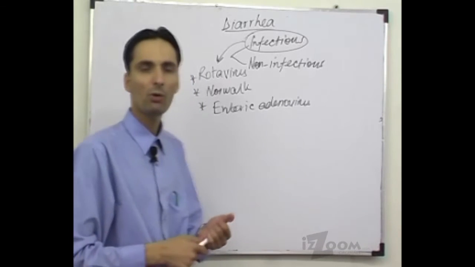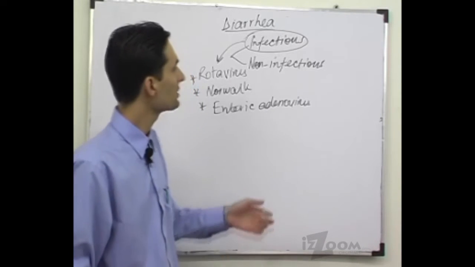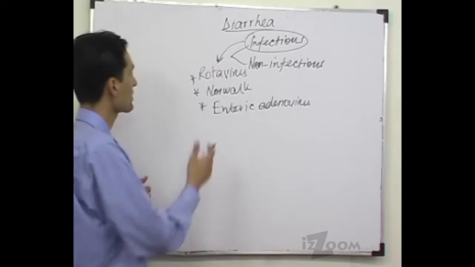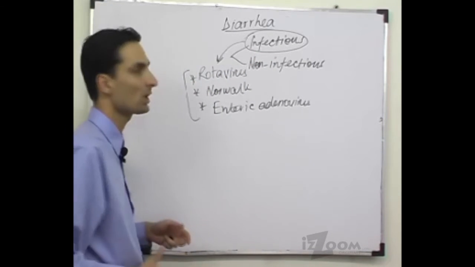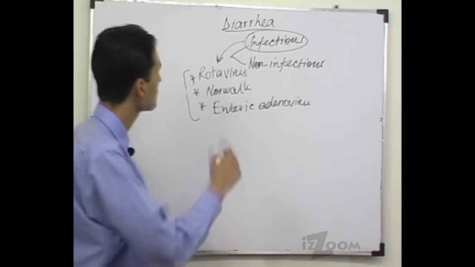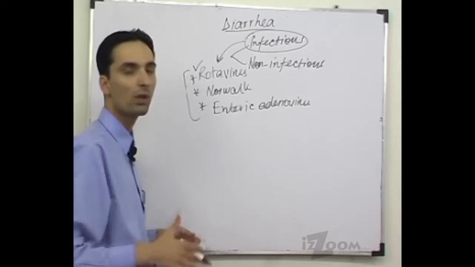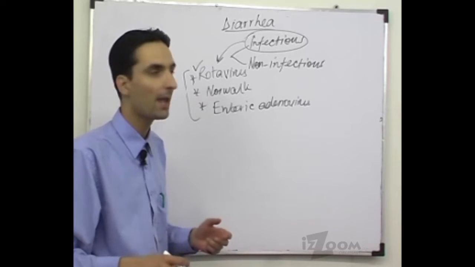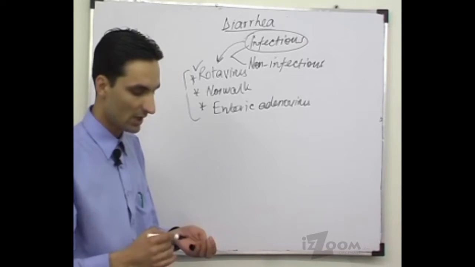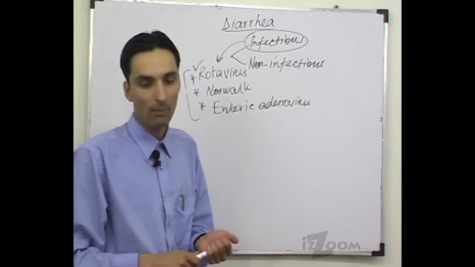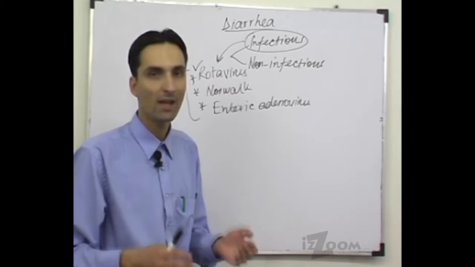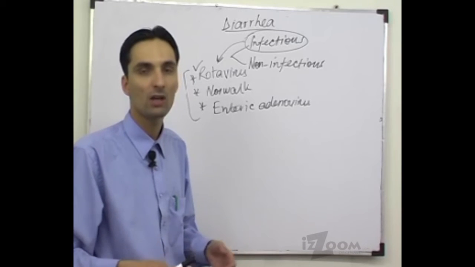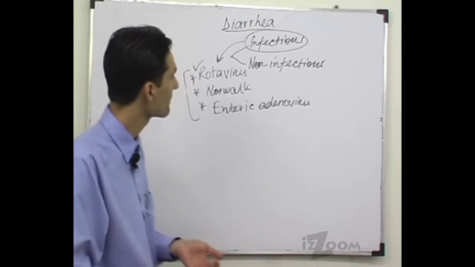So in most cases in infants, diarrhea due to infections is due to viruses, and the most common virus that causes diarrhea in infants is rotavirus, which is the only one of these viruses that has double-stranded RNA. These viruses can be detected in the stools by enzyme immune assays which have been developed.